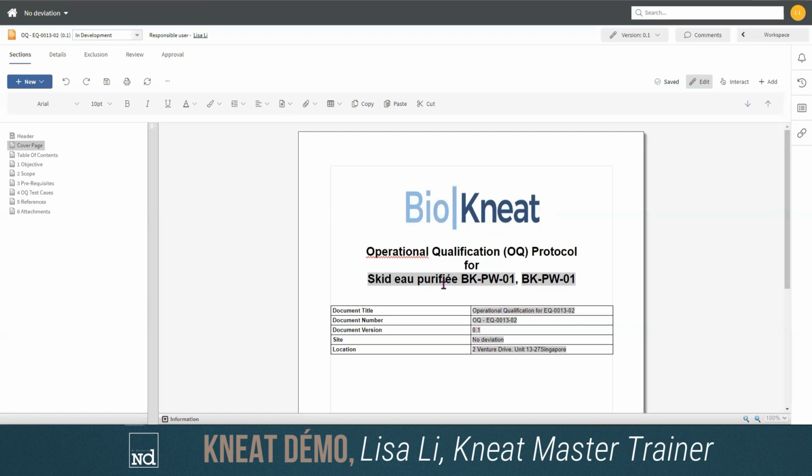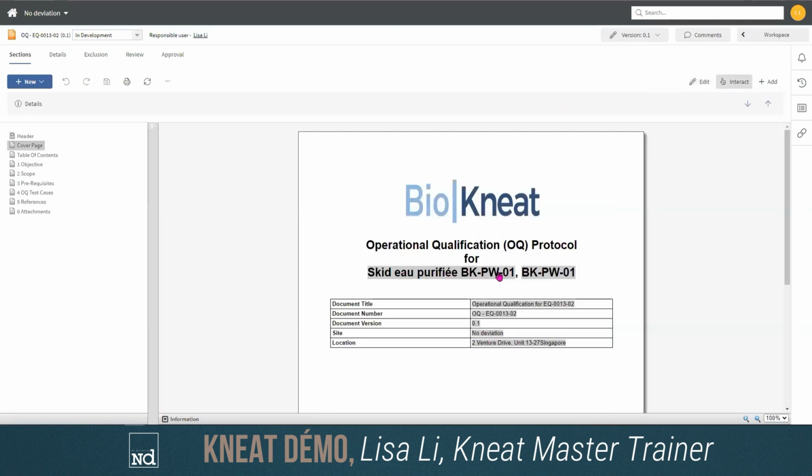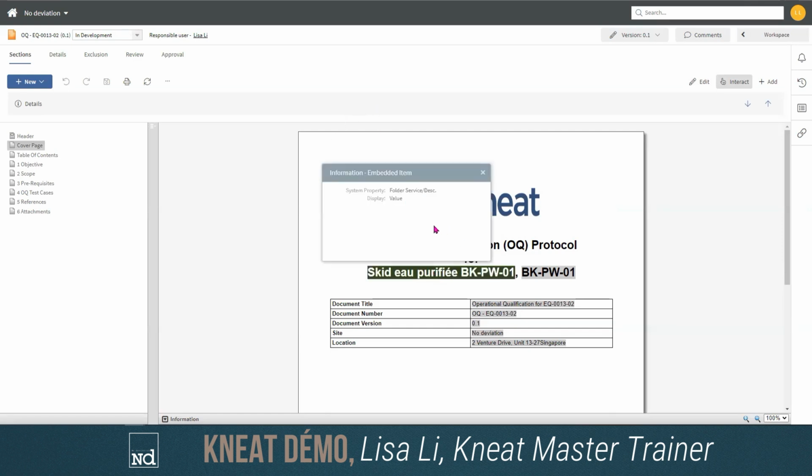Why system? Because they are already included in the system. If I go into interact mode, I will be able to visualize the nature and structure of these properties, and they match information I have already given or that already exists somewhere. So for example, the title here, the name of my skid, which in this example is called purified skid, that's